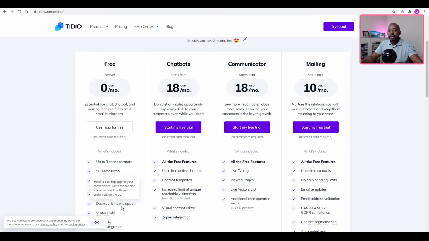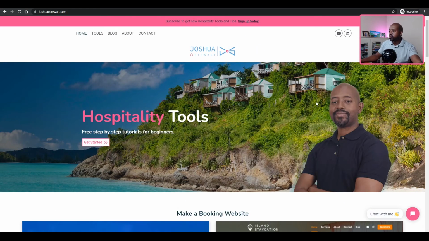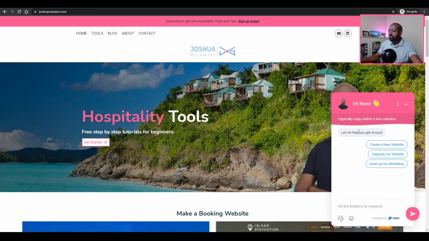Let me give you a quick idea what this looks like because I actually have this configured on my website. If you go to joshuahoststroke.com and look to the bottom right hand corner, you will see this little chat icon. It says chat with me. Now if you click on it, it brings you to a menu asking, do you want to create a new website, maybe upgrade your existing website or level up your marketing? If you click on create a new website,